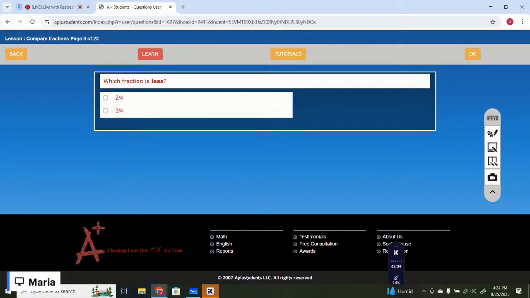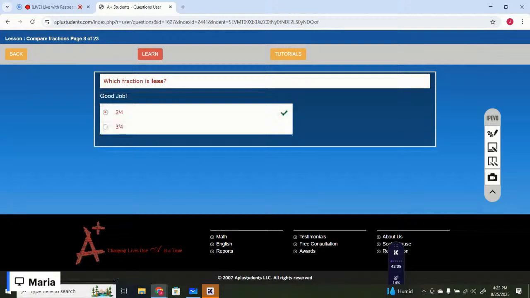Which fraction is less? 2 by 8, 3 by 4. That is 2 by 4. 2 by 4 is less than 3 by 4. Option number